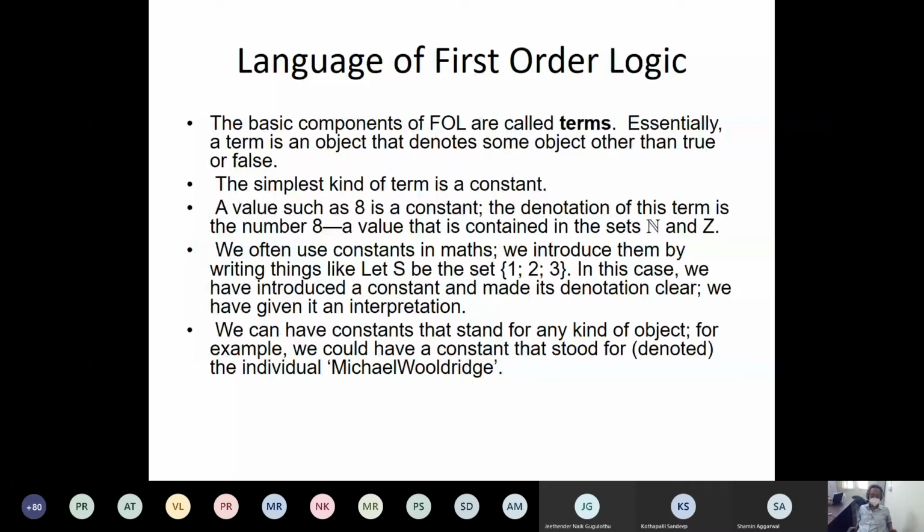A value that is contained in the sets N, that is the natural numbers, and Z, the positive natural numbers. We often use constants in maths. We introduce them by writing things like, let S be the set, let us say 1, 2, 3. So the set of numerals 1, 2, 3, that is the set S. In this case, we have introduced a constant